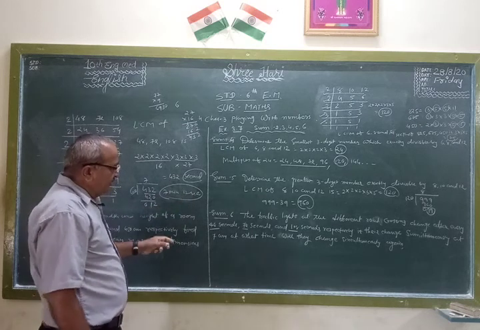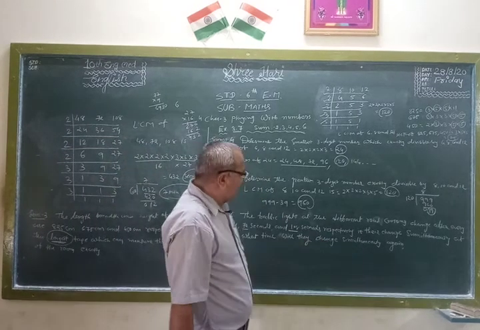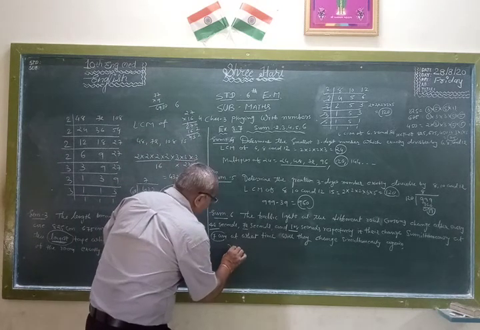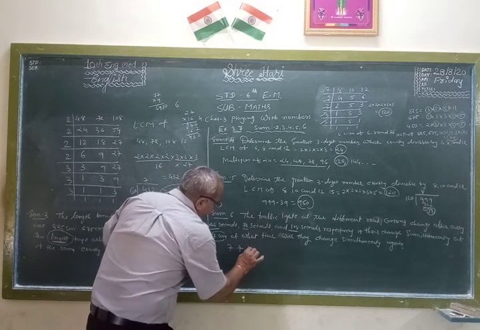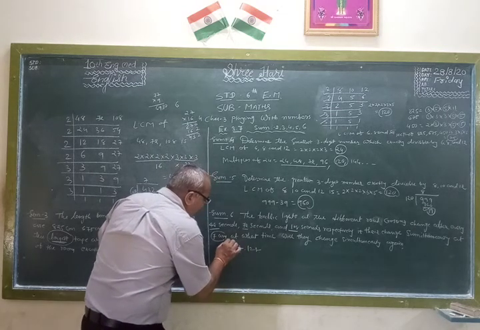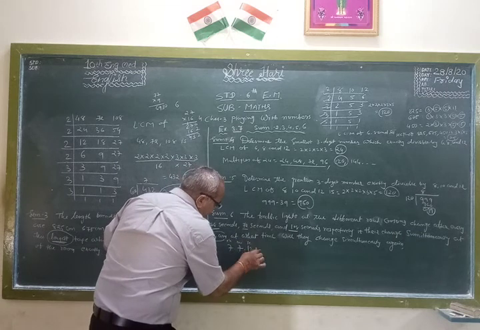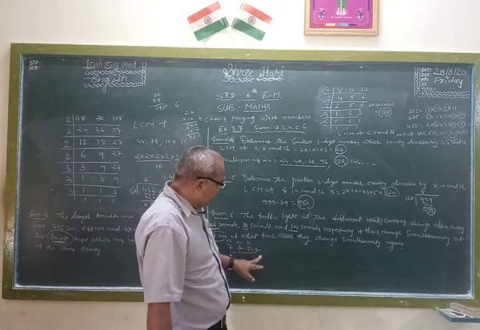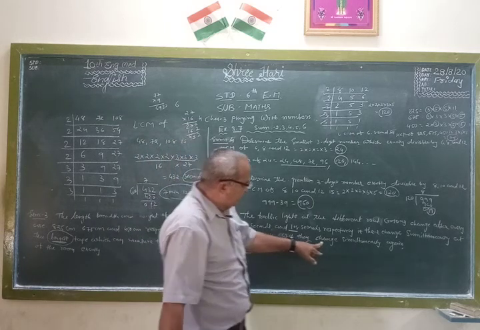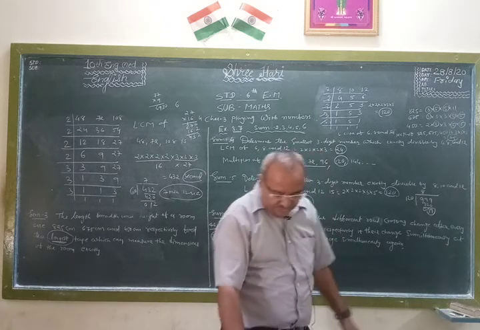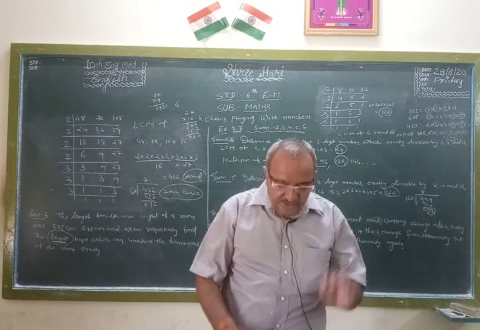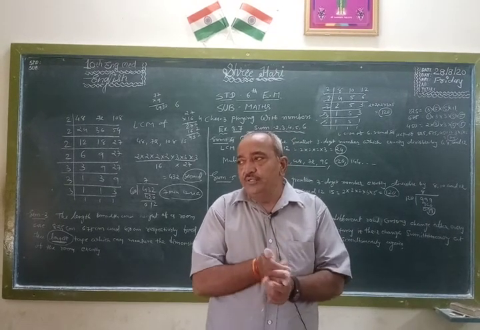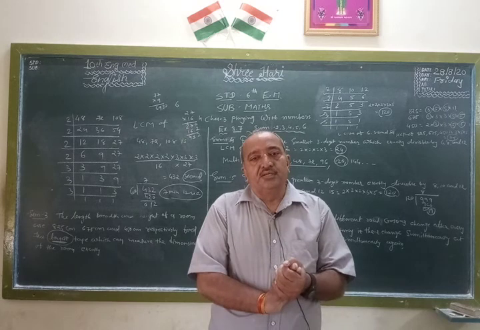So at what time will they change simultaneously again? At 7 o'clock, 7 minutes and 12 seconds. This is the hour, this is minutes and seconds. At 7:07 and 12 seconds, they all change simultaneously again. Friends, here we completed sums number 2, 3, 4, 5 and 6. Jai Swaminarayan.